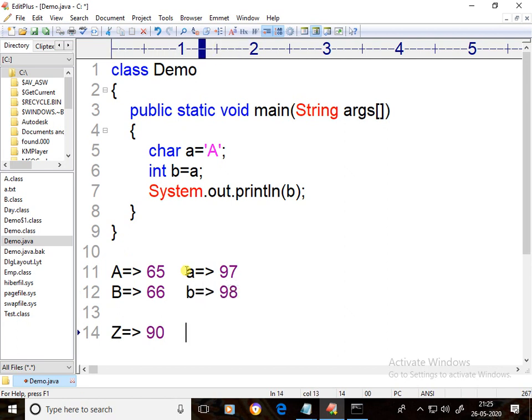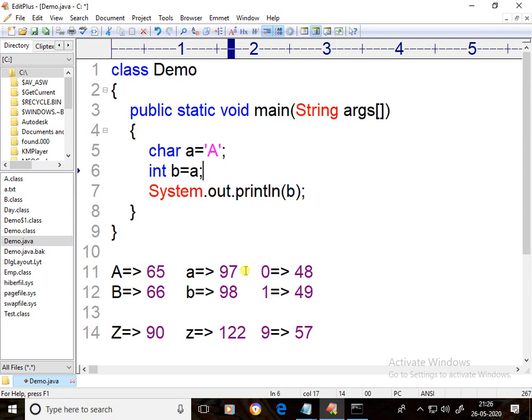Like that, small z ASCII code 122. 0 ASCII code 48. 1 ASCII code 49. Like that, up to 9 ASCII code 57.